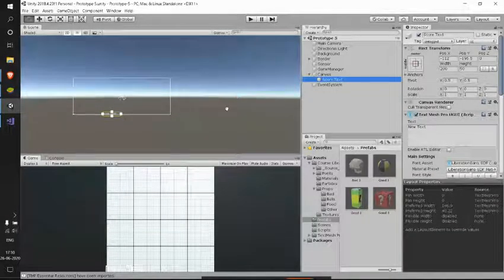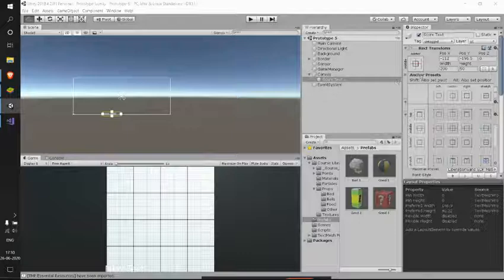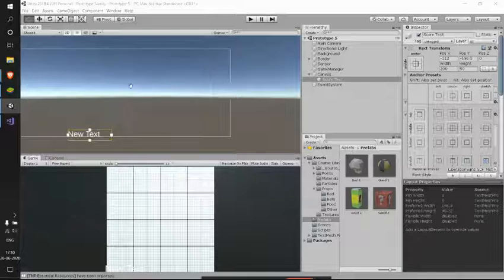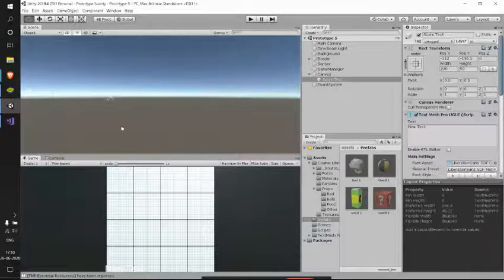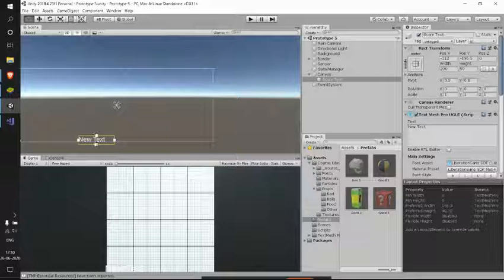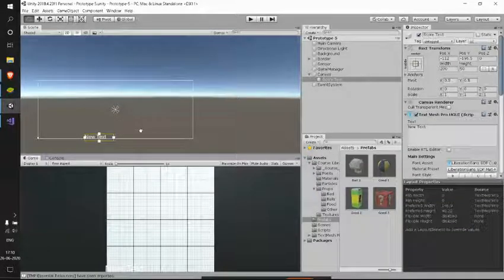And here, we have this center. This says anchor presets, right? And this is center. We have four tiny triangles here, which we call anchors, and based on these, this particular new text will be visible on the screen.